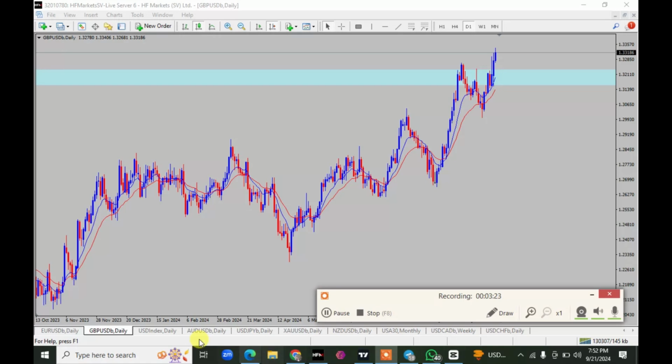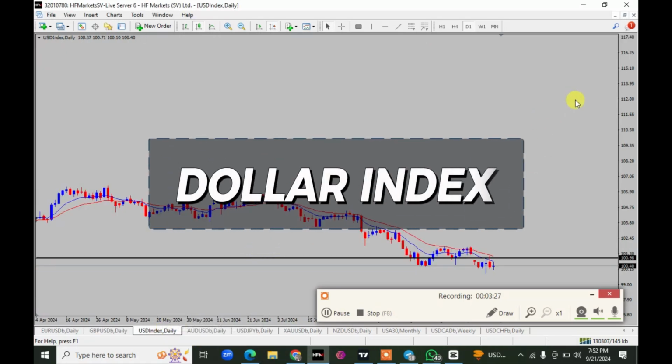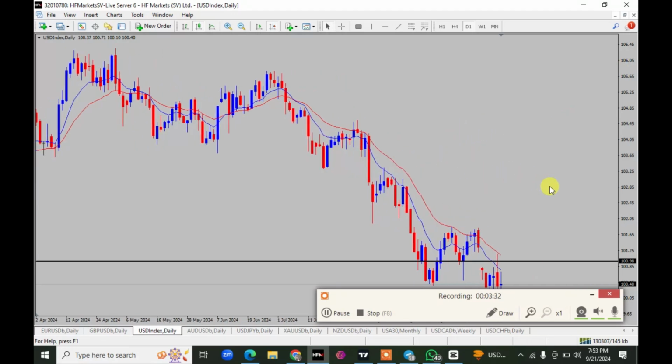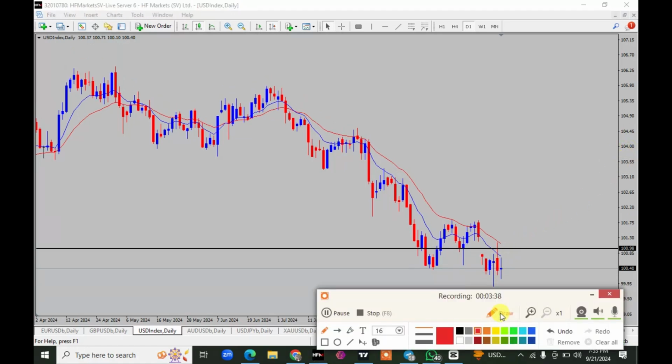Let's continue with our weekly analysis. The next pair we're looking at now is the dollar index. The dollar index, you can see from my chart now, is currently in a downtrend. So long as the dollar index is in a downtrend, you'll be expecting the price to continue to push lower for the week. If you look at the daily chart now, you can see that we have a resistance